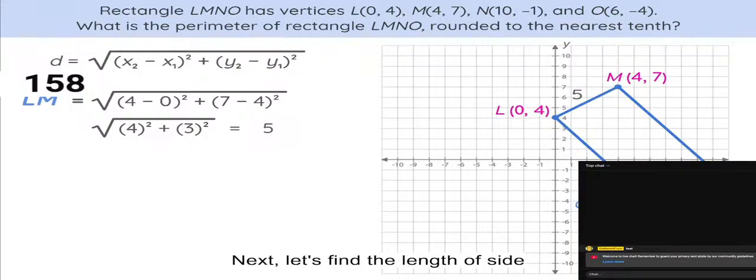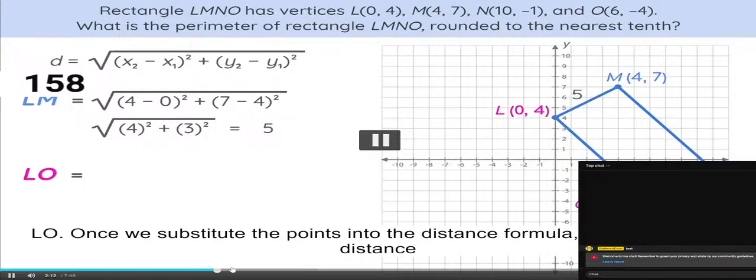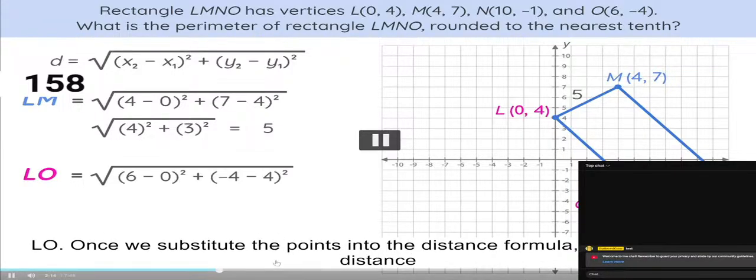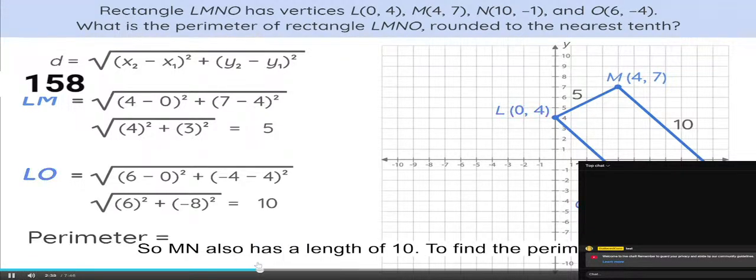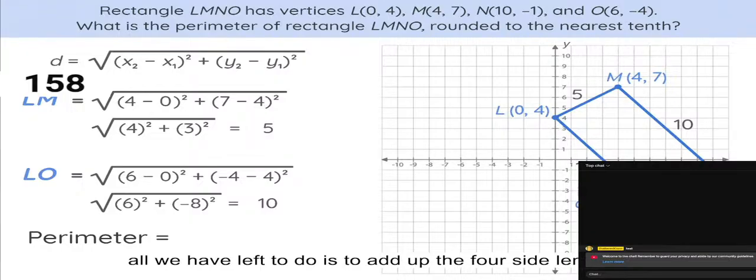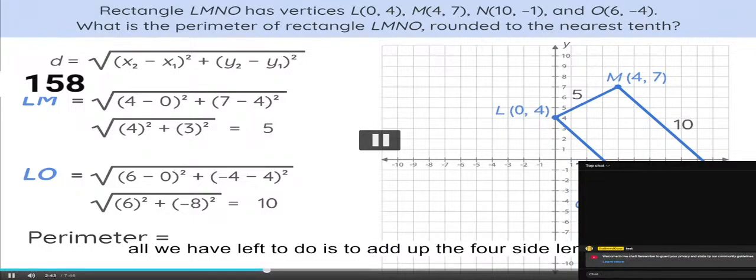Next, let's find the length of side LO. Once we substitute the points to find the perimeter, all we have left to do is to add up the 4 side lengths. So our perimeter